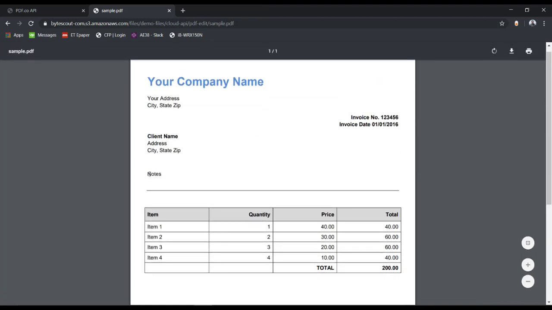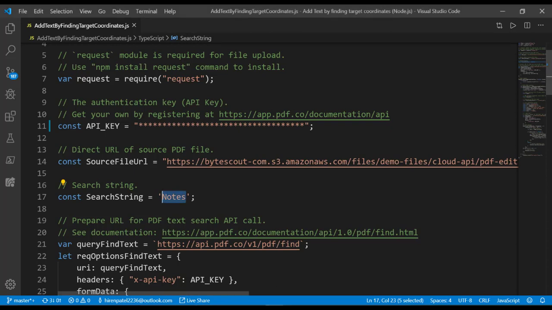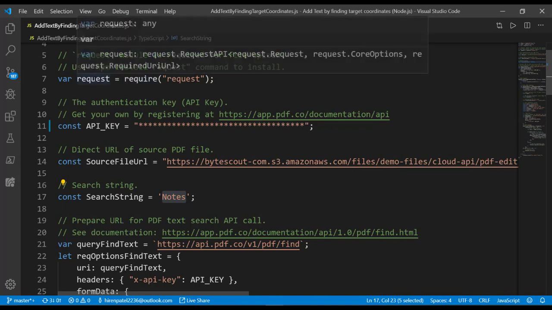For example, it contains the Notes section here, and the text we are going to fill in is beneath this. So it's kind of form filling, we can say.